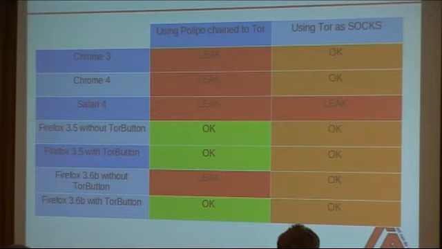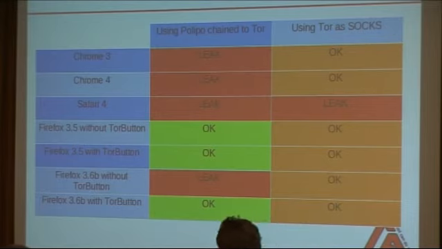That's interesting. The current stable version of Firefox is safe, even with or without Tor button. And I'll explain why. While the latest version of Firefox, the beta, will only leak when using Polipo and without using Tor button. If you take a look at the right side of the slide,